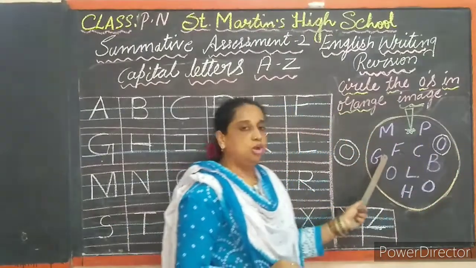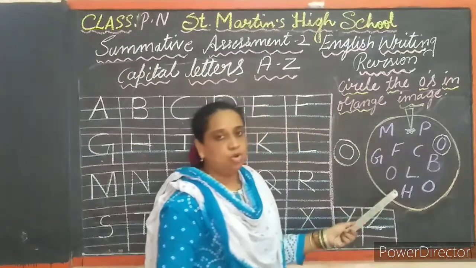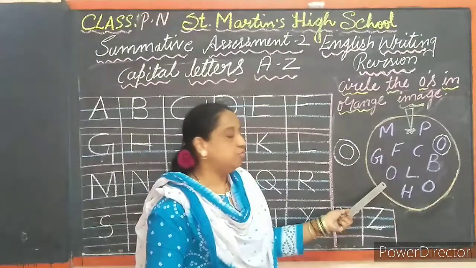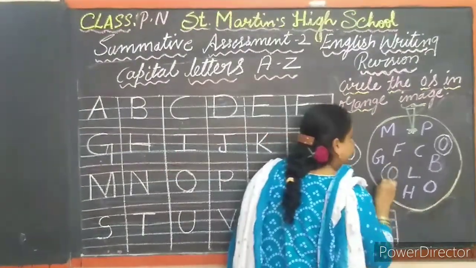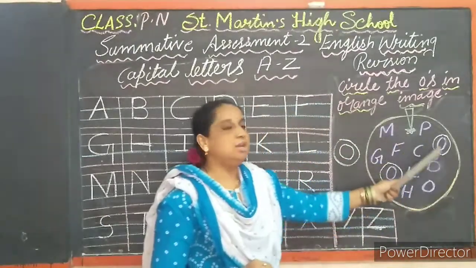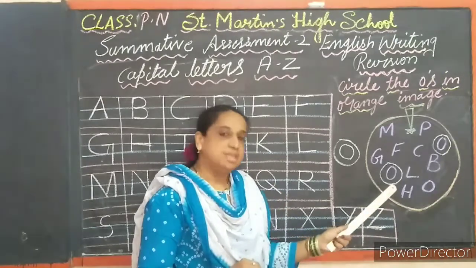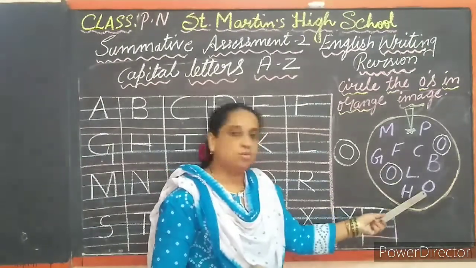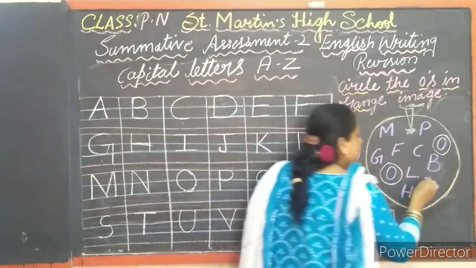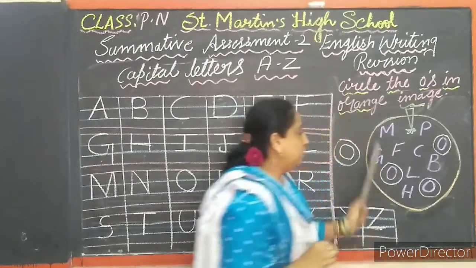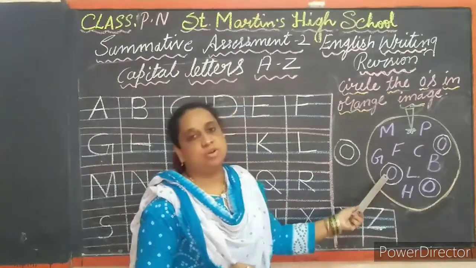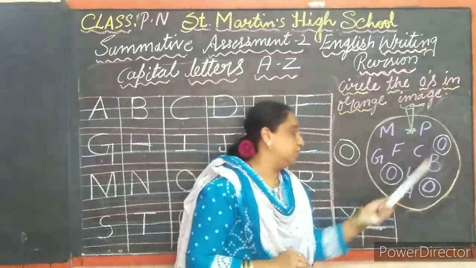Understood, children? I hope you all understood. Now, are there still O's here? Yes, here. Can you see here? O is here. Shall we circle this? Yes. I am going to circle this letter O. Again, are there still O's here? Are any O's left here? Can you tell me, children? Yes, here one more O is there. So what do I have to do, children? Yes, very good. We should circle this O. See? Are any O's left here? No, we have circled. Wherever the letter O is written, I have circled it.